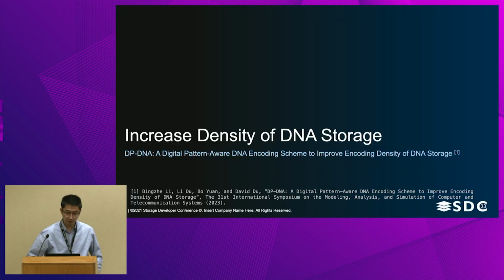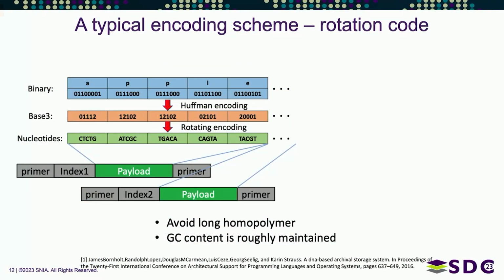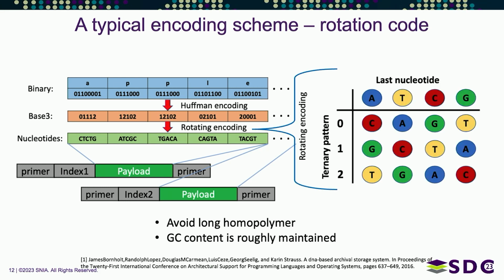Okay, so let's go to the first one, which is about DP-DNA, which tries to increase the density of DNA storage. This is one typical encoding scheme proposed in, I think, 2016, the so-called rotation code. The key idea is, first of all, we have binary data. Then we can use Huffman code to encode the data from binary to base 3, which means we have a 0, 1, 2 sequence. And then, based on the rotation code, we write a table to encode the base 3 data